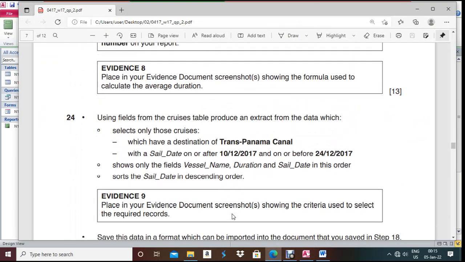Now next one, what they're asking to do: using field from cruises table, produce an extract. That means extract from the data. Extract means query. And when they ask you to extract, let me tell you one thing. In the extract, maximum you will get 10 or 12 records, or maybe less than that, not more than that, because they will ask you to keep that extract, that query report, into your